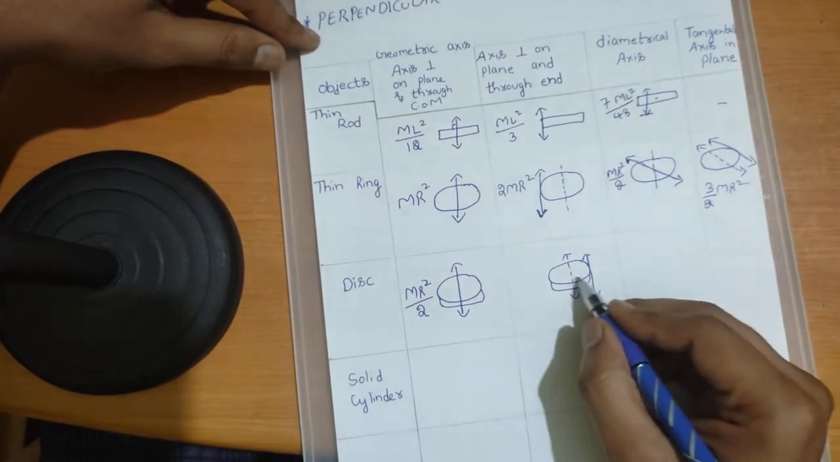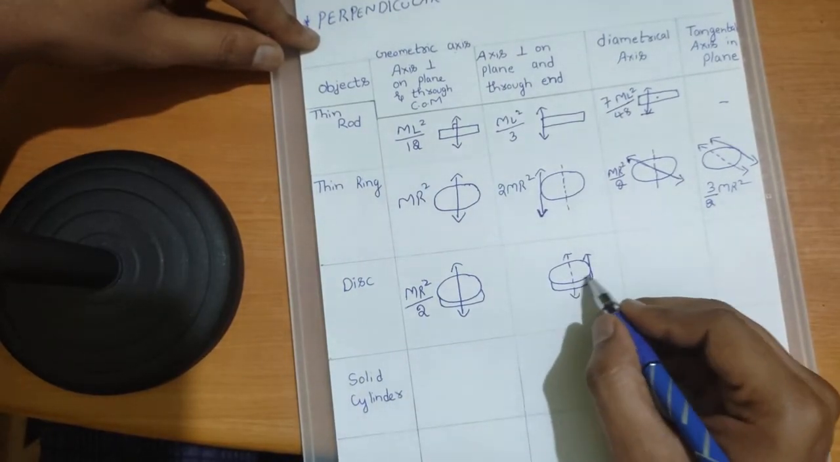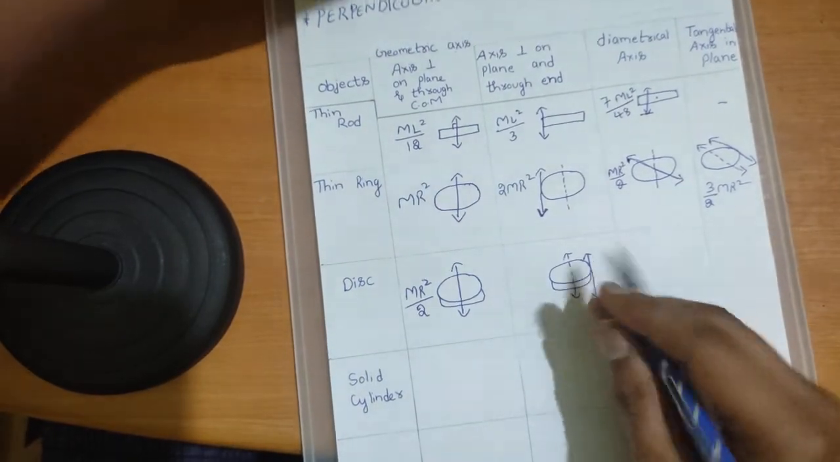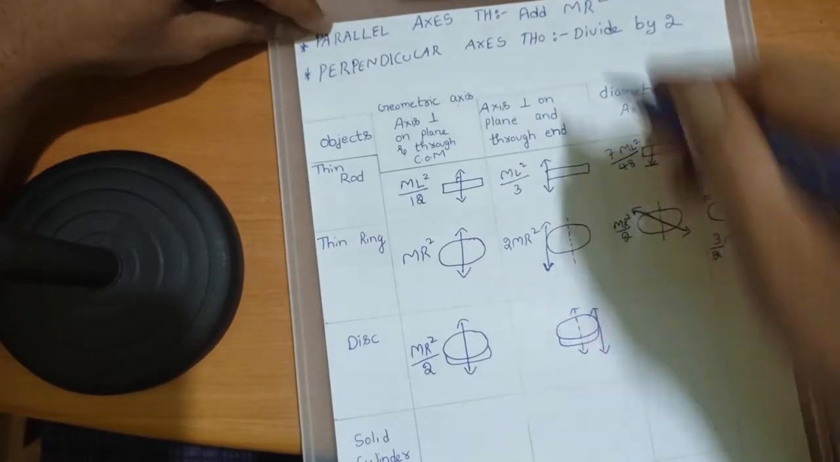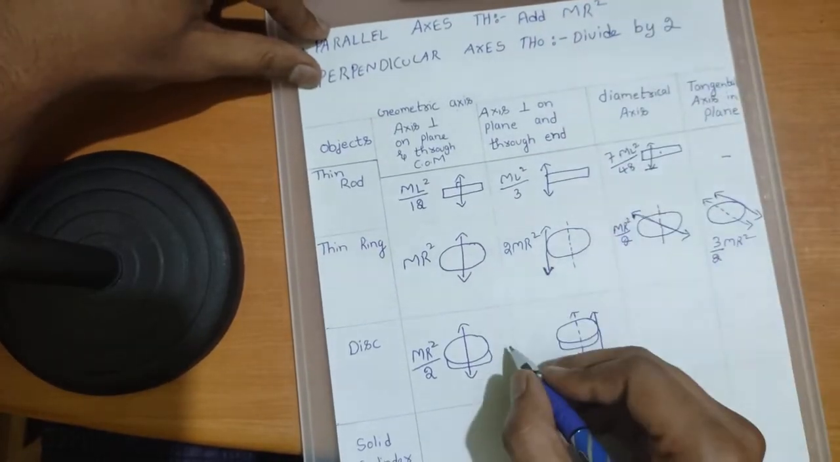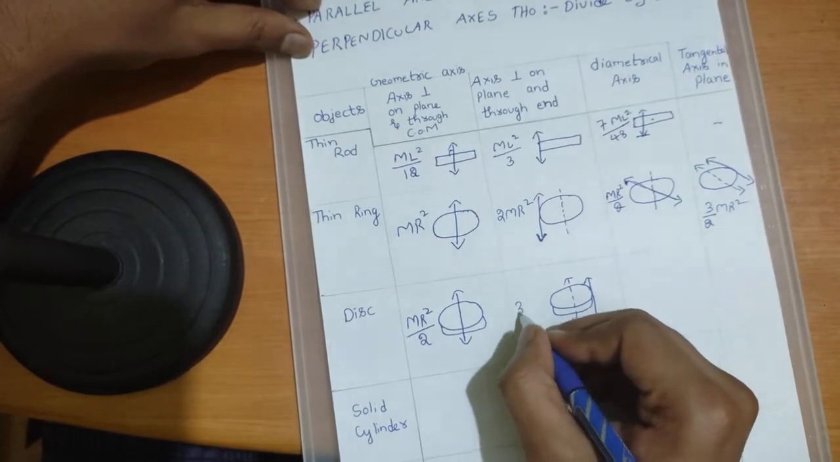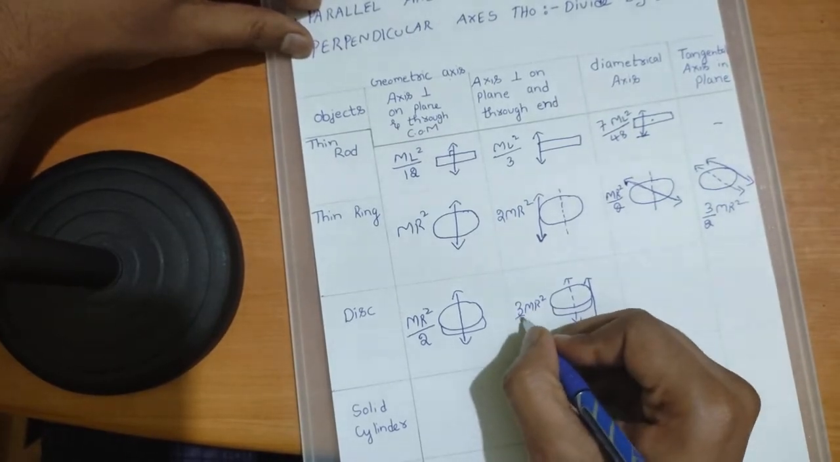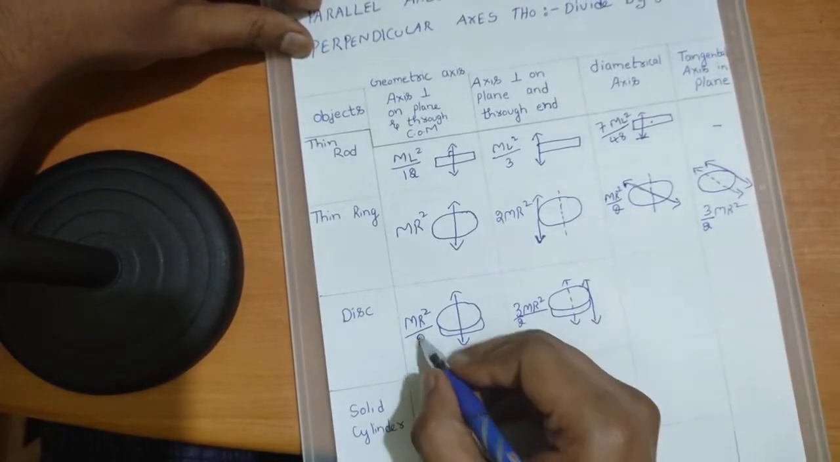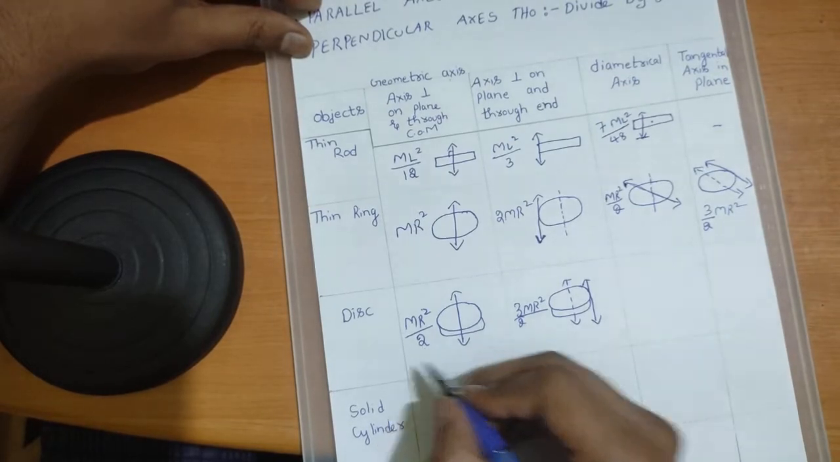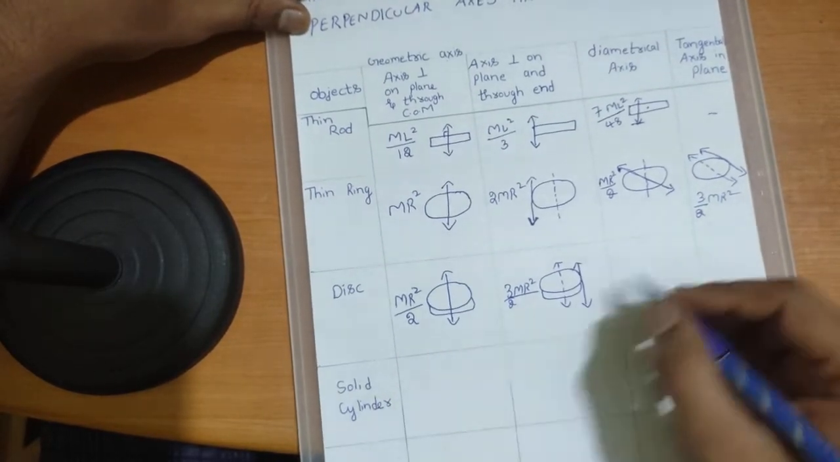Okay, now how are these two axes lying? These two axes are lying parallel to each other. Now what we have to do, parallel to each other means we have to add one mr square. Now what will the expression become? 3 by 2 mr square. For mr square by 2, if you add 1 mr square, it will become 3 by 2 mr square. Next,